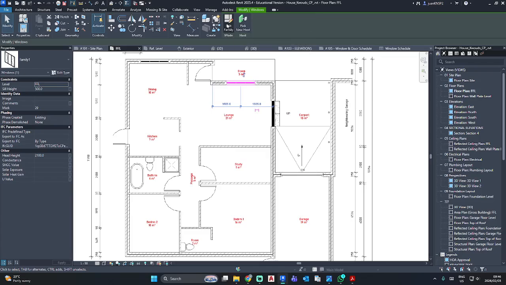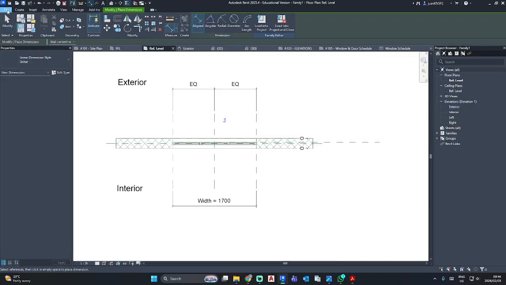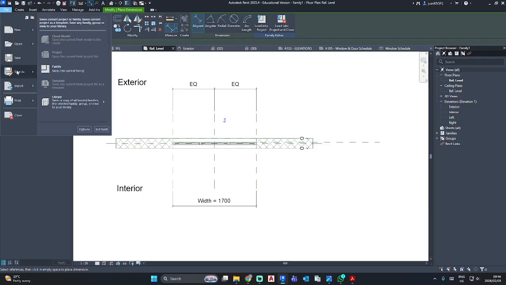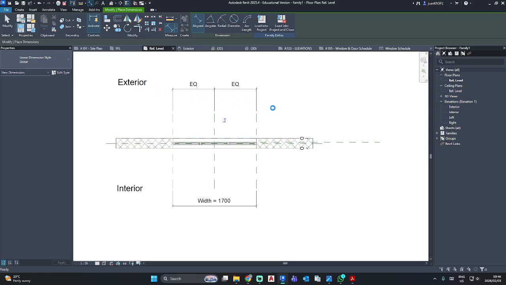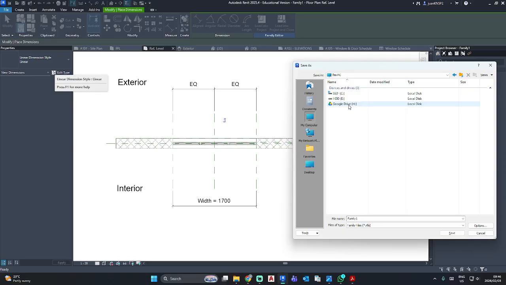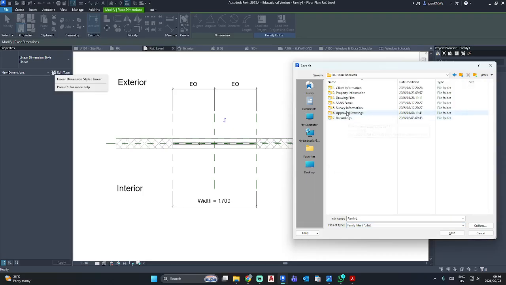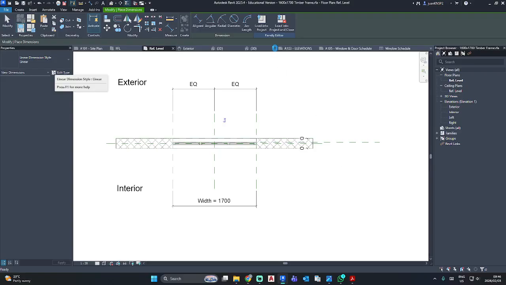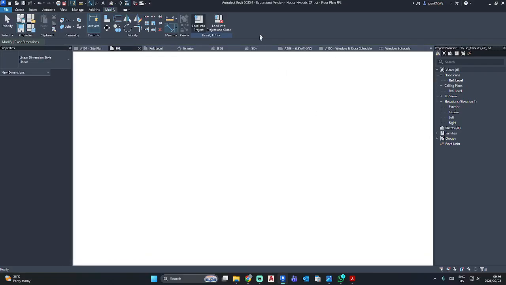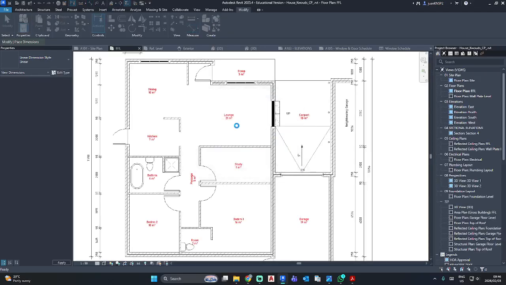So I'm just going to open up this family again, and I'm going to go File, Save As, Family, and I'm going to go and find my project folder, and I am just going to create a new folder, Windows. 1600 by 1700, timber frame, and I'm just going to load this back in, save project,